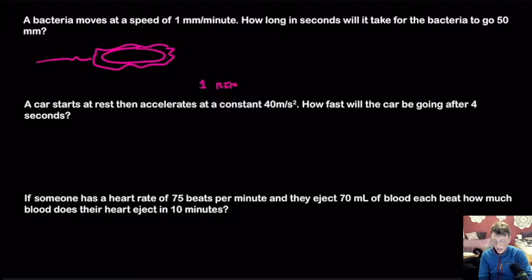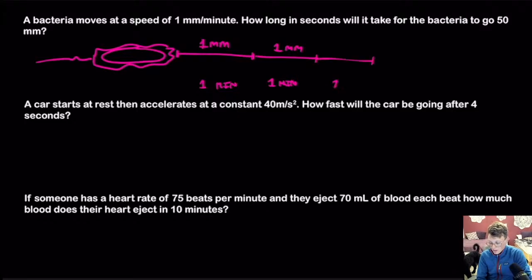I'm thinking about that step that it takes, or how I'm chopping this down. So if I'm right here, it's been 1 minute. How far have we gone? We've gone 1 millimeter. What if we go another minute? Another minute, another millimeter. And what if we go another minute? Here's 1 more minute, another millimeter. So in total, just after 3 minutes, we have gone a total of 3